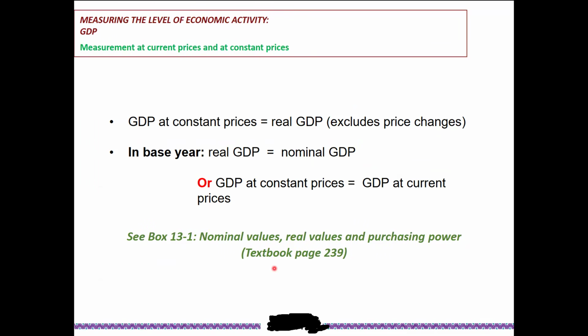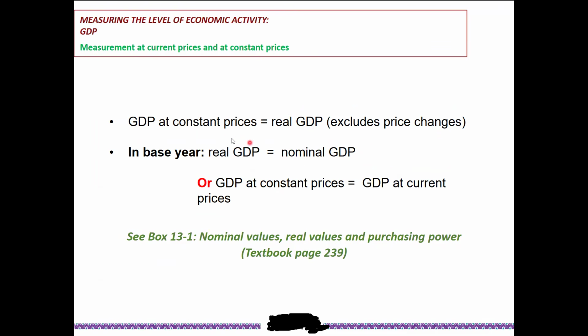And then here they're saying that GDP at constant prices is equal to real GDP. Obviously, because to calculate real GDP, you use the constant prices. And then in the base year, real GDP is equal to nominal GDP. This is also true because in the base year,